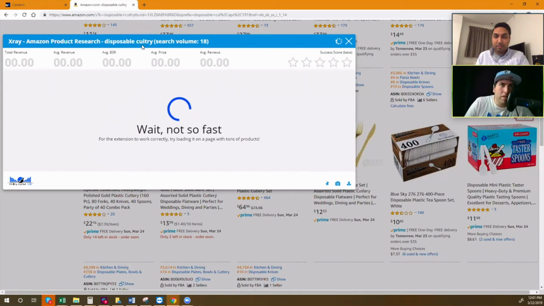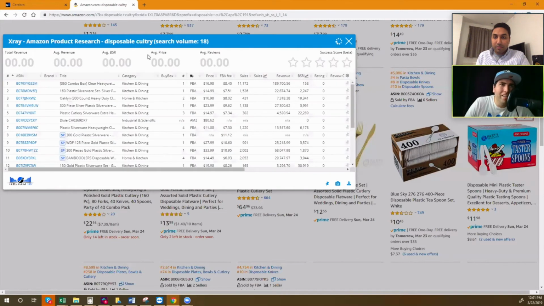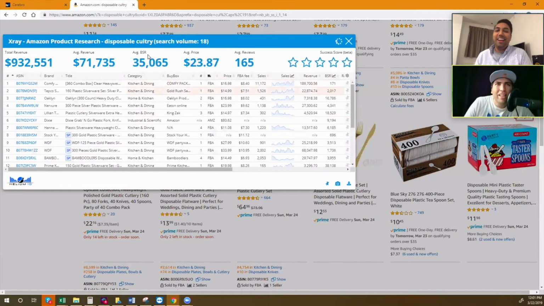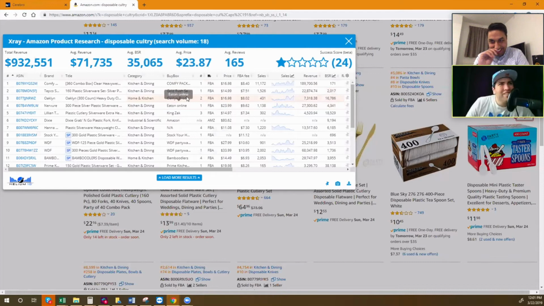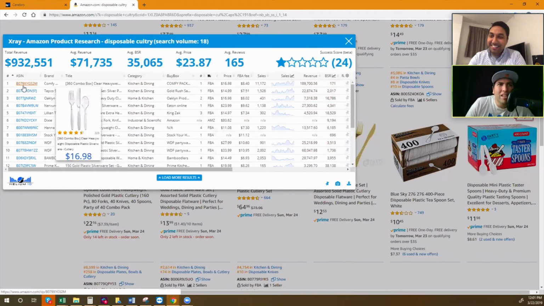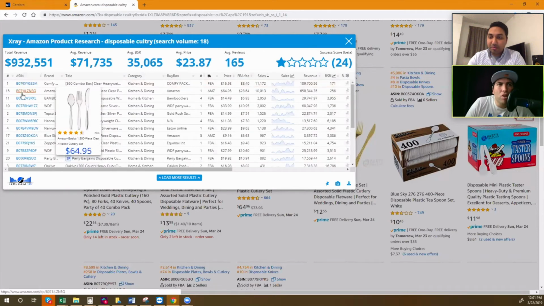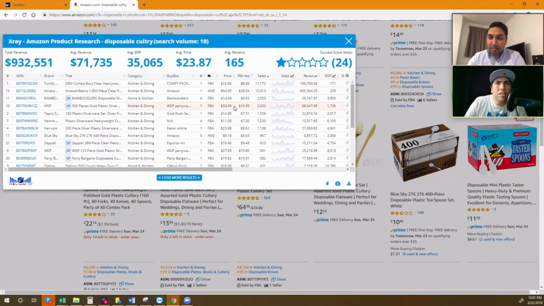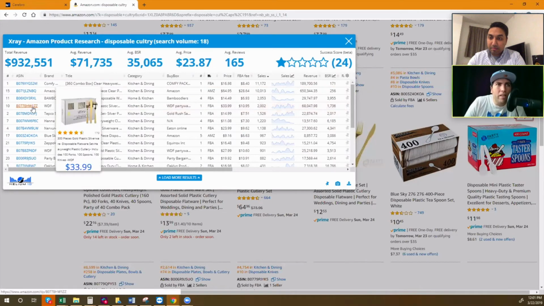By the way, this is a complete misspelling here. I misspelled that. Poultry. But hey, Amazon was smart enough to figure out what I was saying, I guess. So let me just sort it by sales, and I'm just looking for the gold ones. Is this gold? No, that's wooden. So here, see, look at this one. This one is selling 2,000 units a month, $70,000. Definitely looks like my product. So I definitely want to know what this one is doing.